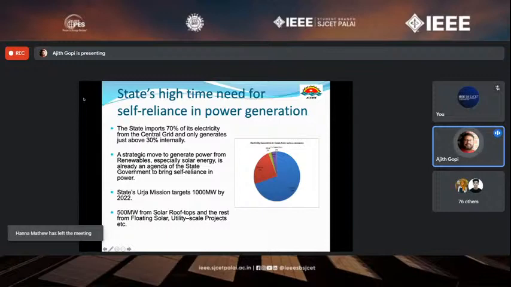DER, distributed energy resources, are very important. They are playing a very important role in the market now, in the global energy scenario. Especially distributed energy is making wonders because of the advancement in technology. It can be primarily solar, it can be wind energy as well. A lot of distributed energy resources are being connected to the grid, and